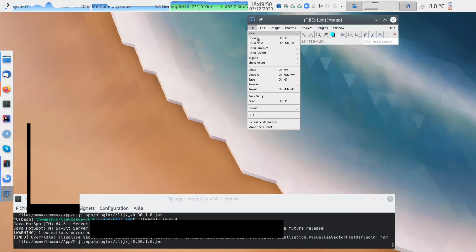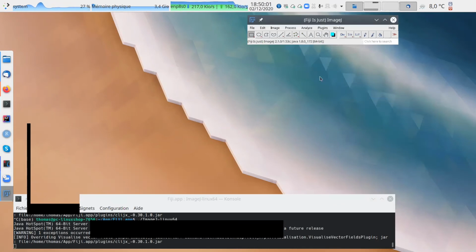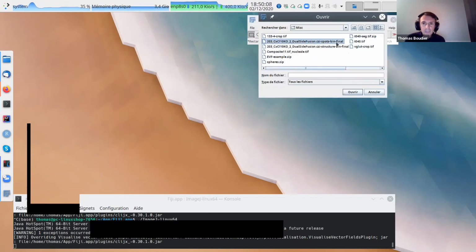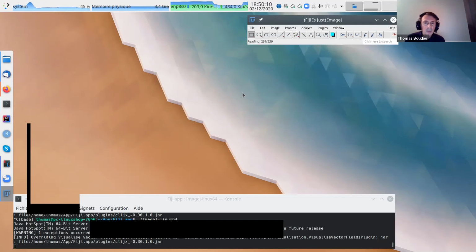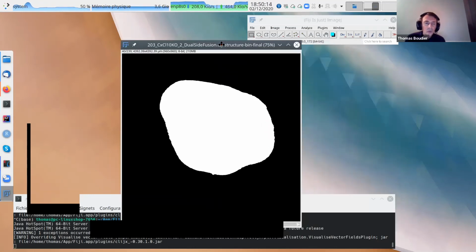Can I just ask how you actually extract the surface? Do you take an edge detection and then count the number of voxels which are on the surface, or how do you do it? Okay, so your question is more like, structure bin final, this one, and then I compute the border or the surface.